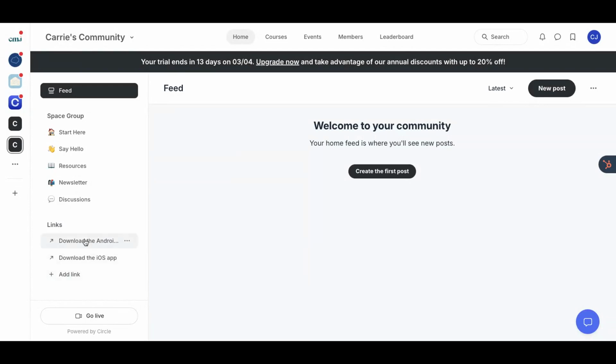The next thing to pay attention to are these links. There's always by default these download the app links. A lot of times on our client communities, we end up taking these off and we direct people to download the app in other ways. Because this is really valuable real estate here. Oftentimes what you want to include here instead are things like links to your website or links to book coaching sessions or something else. You really want to make the most of this space here and not just promote the Circle app.